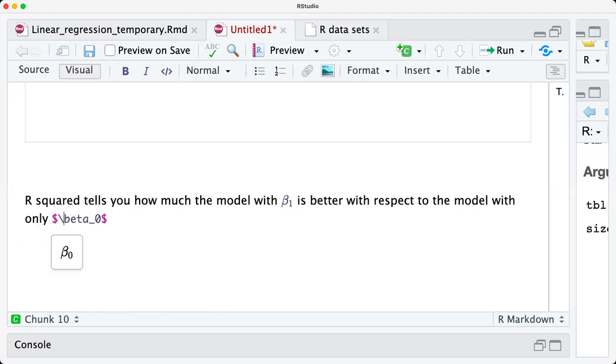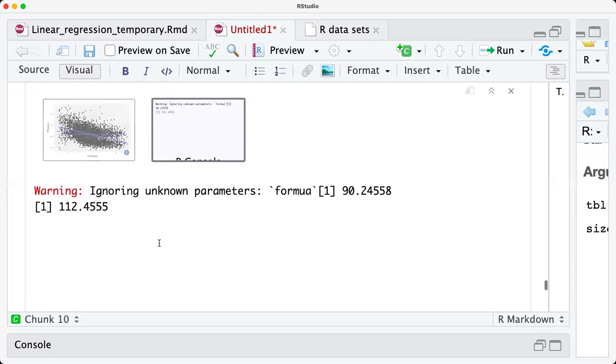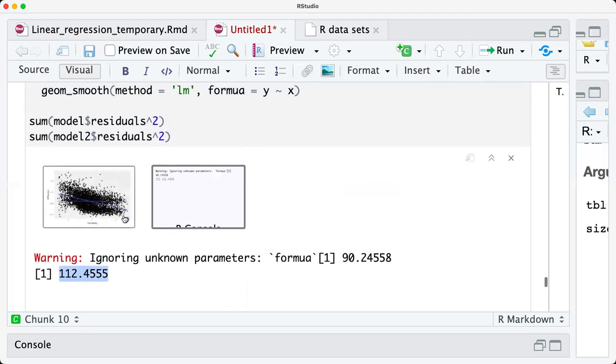So how do you do it? Well, we divide the sum of the residuals. So this number here, which is smaller, we divide it by this number, and we subtract